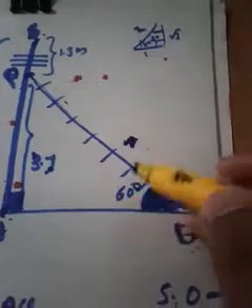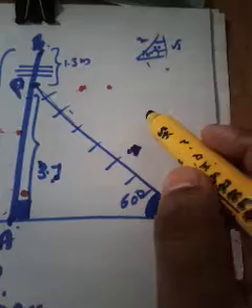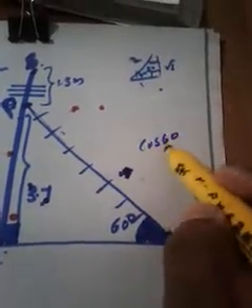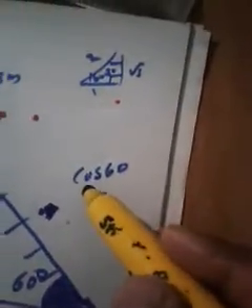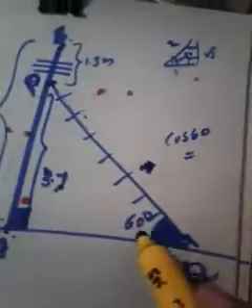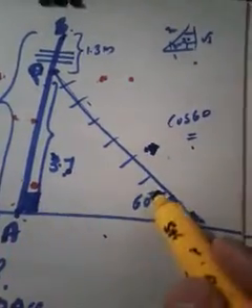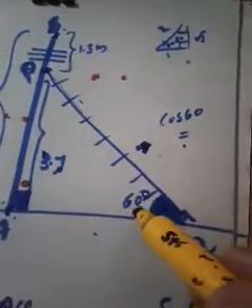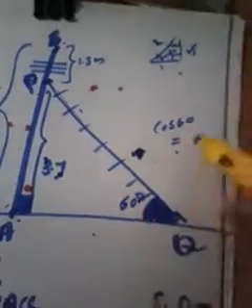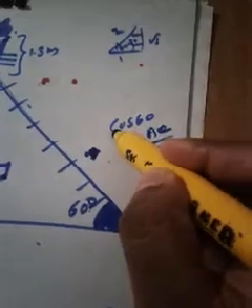For example, can I use cos 60 directly? For better clarification, let me explain that. Can I use cos 60 here? Yes, you can use it, but what is cos 60? Cos 60 is nothing but adjacent by hypotenuse. Cos of some angle is nothing but the adjacent of that angle divided by the hypotenuse. So cos 60 will be AQ by PQ. Are you following me? We know the value of cos 60 from the table.